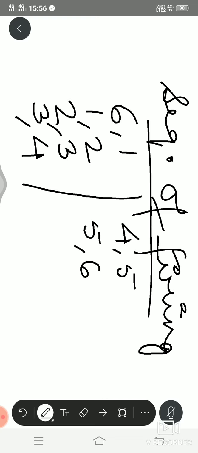Upper group will be 1 3 5, odd numbers, lower group you have to add 3. So 1 added with 3 is 4, 3 added with 3 you are getting 6, and the last one is the remaining one, 2. So upper group 1 3 5, lower group will be 4 6 2. Okay, so these are the sequence of firing. So the first stage of firing is your 6 1. So let us discuss 6 1.